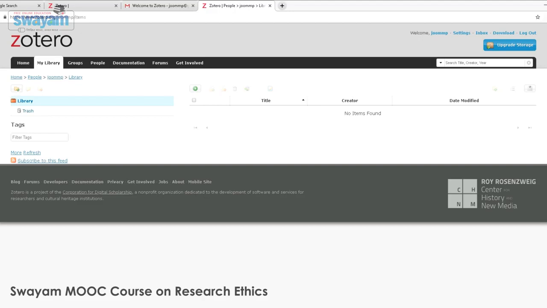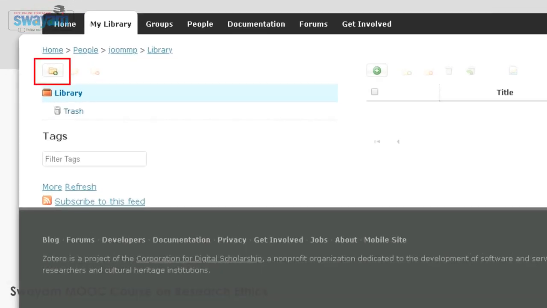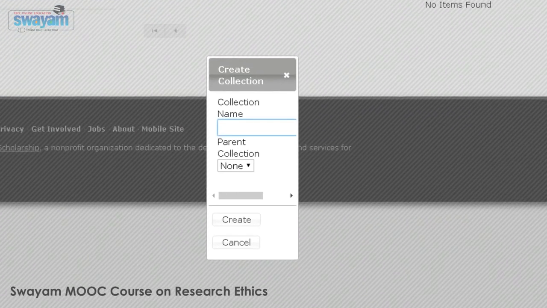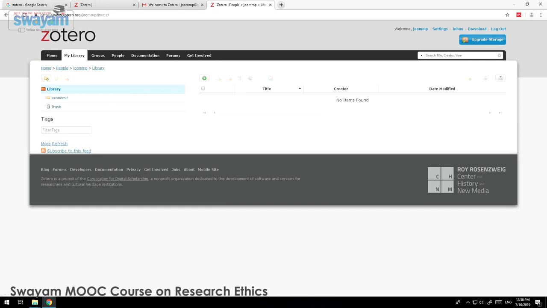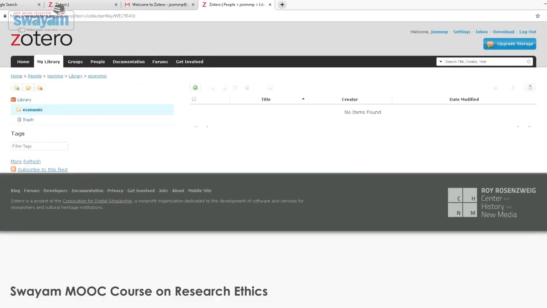So now what I will do is click on this plus button, the create collection option. If I click on this create collection option, the system will allow me to create a collection. Select the parent collection if available, or just say create collection. The moment you create a collection, it will be visible here. Now you can create resources within the collection. If you want to create a resource, you just click on this